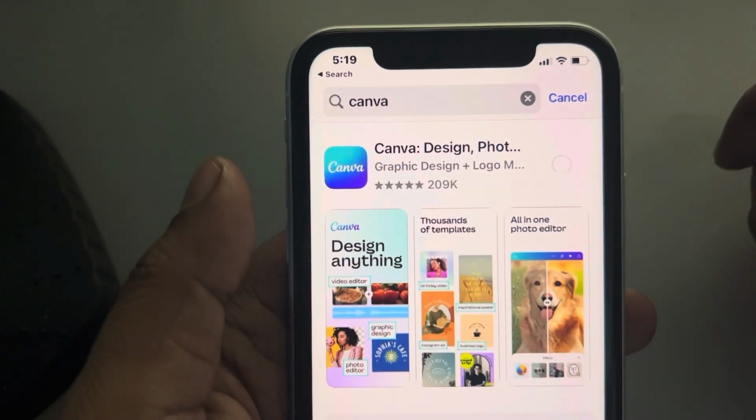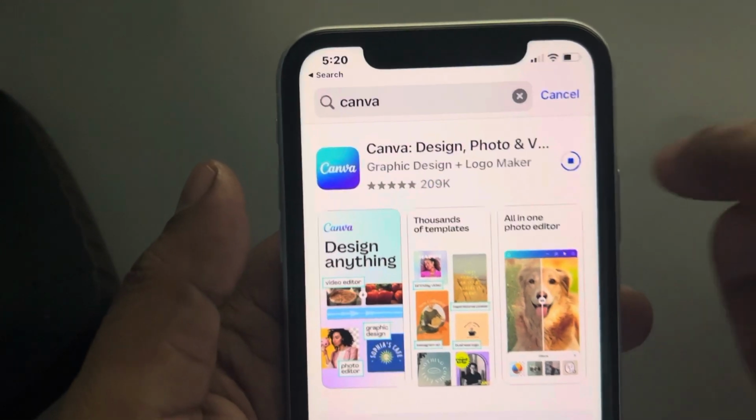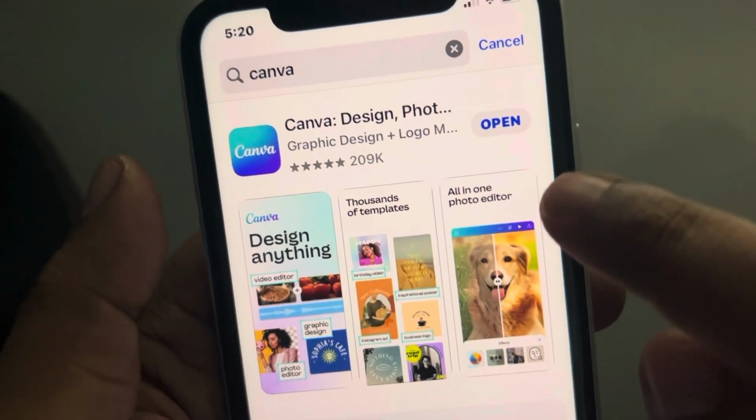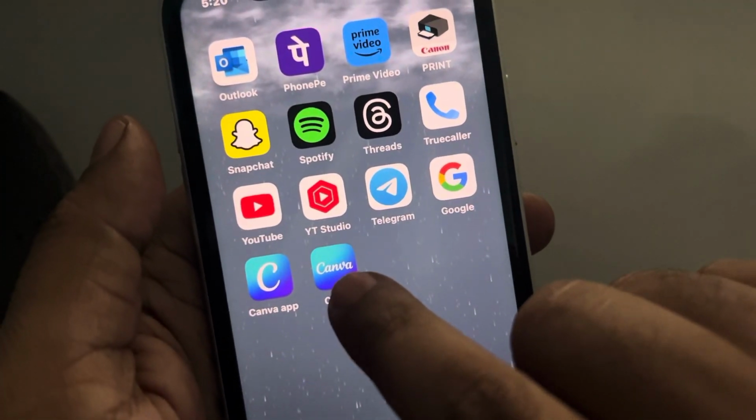start downloading and installing on your iPhone, and wait for a few seconds until this circle gets completed and the app has been installed. You can open it from here, or it will be also added in the home